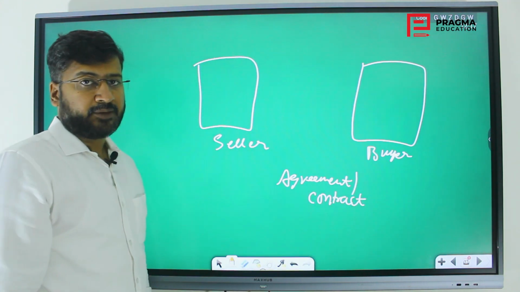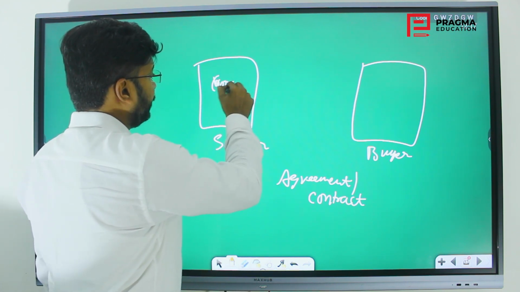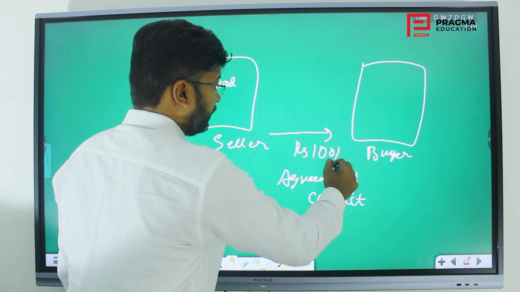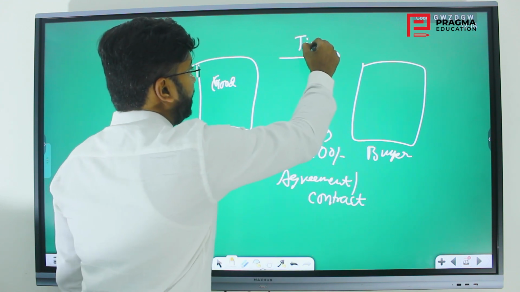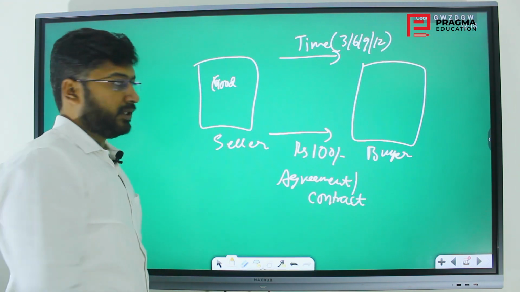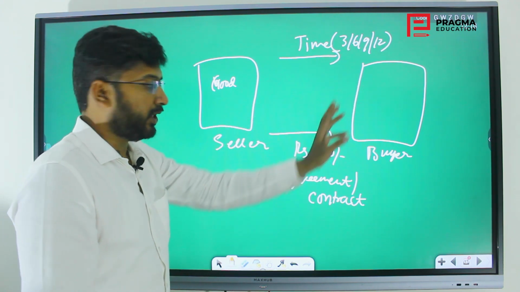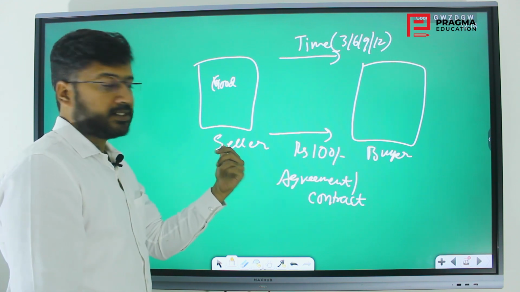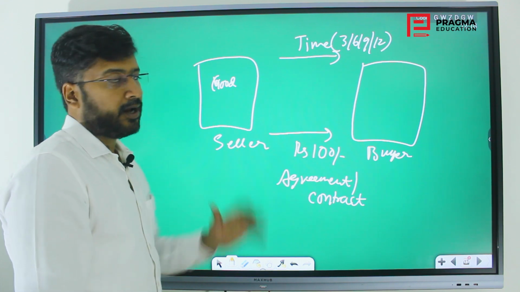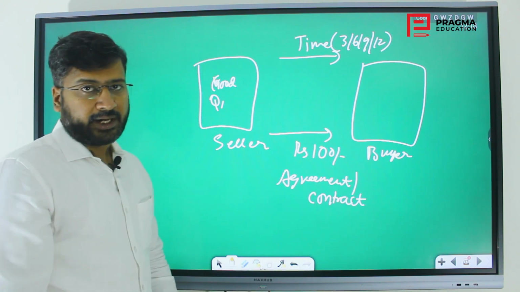These are the top 3 types of contracts that we are speaking of, and the underlying value will be this good, at whatever price the seller is ready to sell after a stipulated time period. It can be 3, 6, 9, 12 months, like that. So there is somebody who is ready to buy, who thinks that the price is going to be more than 100 rupees after this stipulated time period. And the seller thinks that after the stipulated time period the price is going to be less than 100, and he will make a profit if he sells at 100, whatever the quantity he sells. So there will be an agreement or contract made.